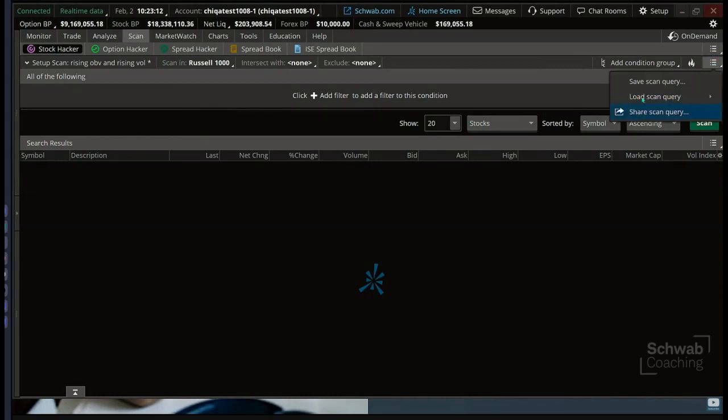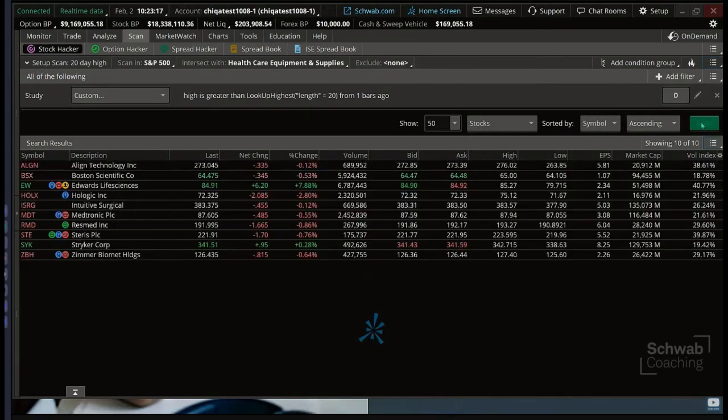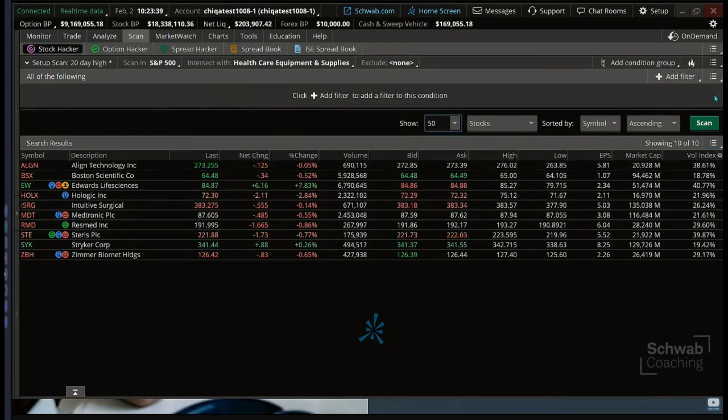So what you could do is, I got a little scan on that. All right, so these are stocks making a 20-day high, but now let's check if any of these have the strong volume pattern. I did this first, but this is not what you should do. I just did this to get a list first, okay? So what we're gonna do is take this off right now, and we've already built that other one. So all we have to do is go ahead and load that scan,